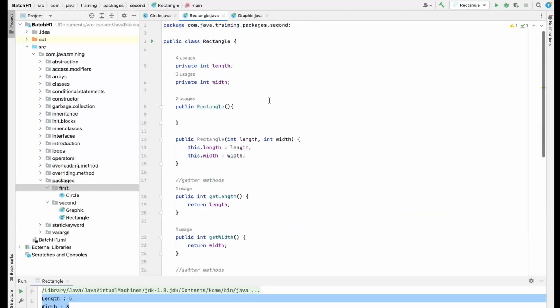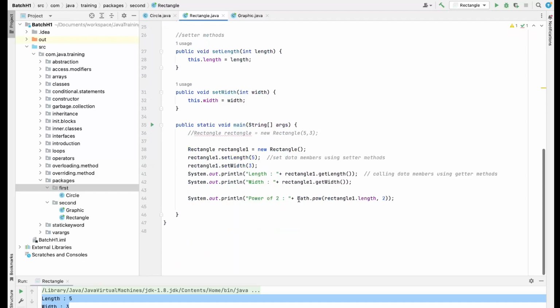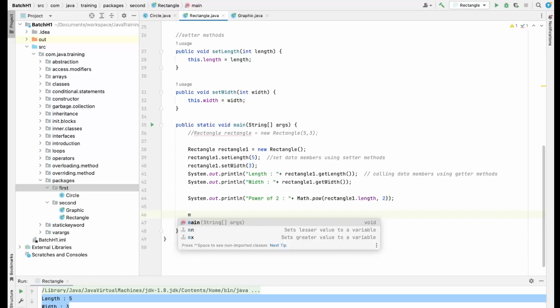The java.lang package will not be shown in import statements, because it is one of the default packages that you heavily use. Sometimes this won't be shown here, but it is auto imported by the editor. Let me go ahead and show you another example where I will create